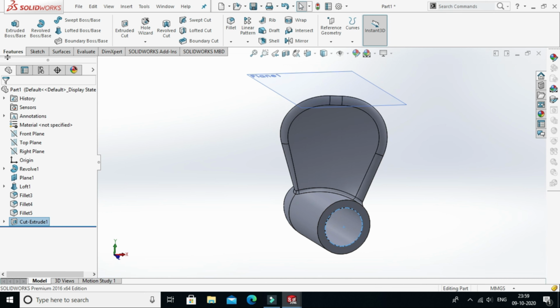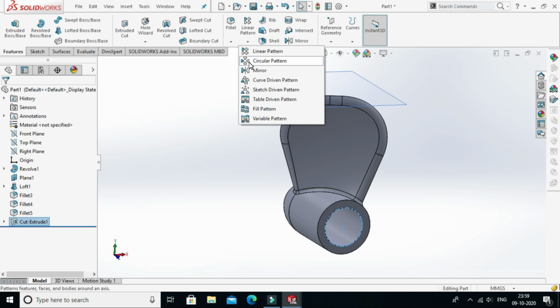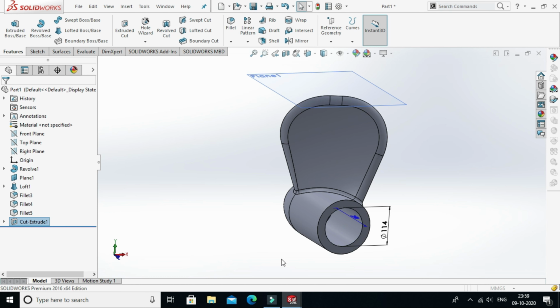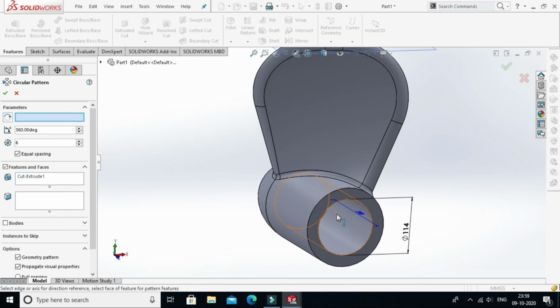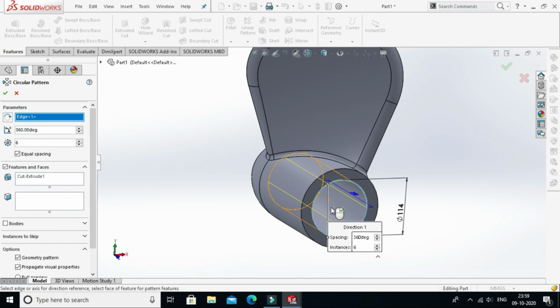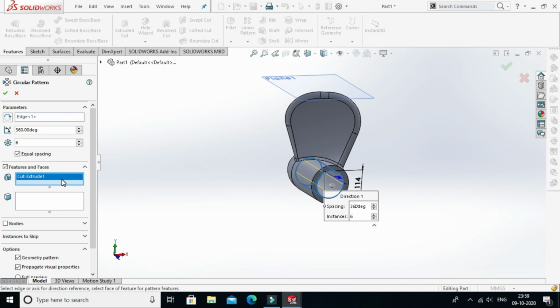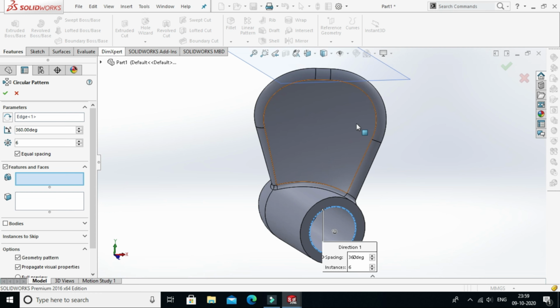Now go to features, then expand this pattern. You can observe circular pattern, select it. Here in parameters you need to select this circle. In bodies, clear all, you need to select this.